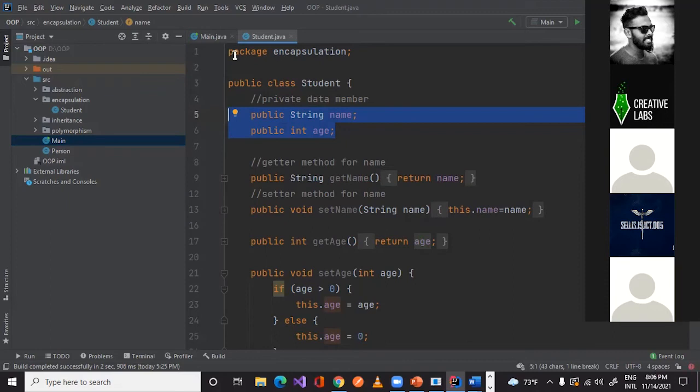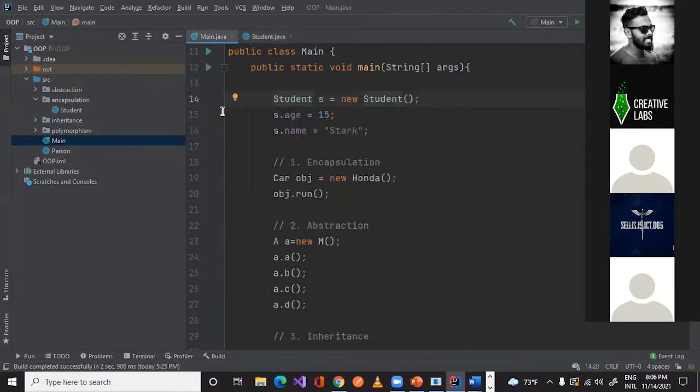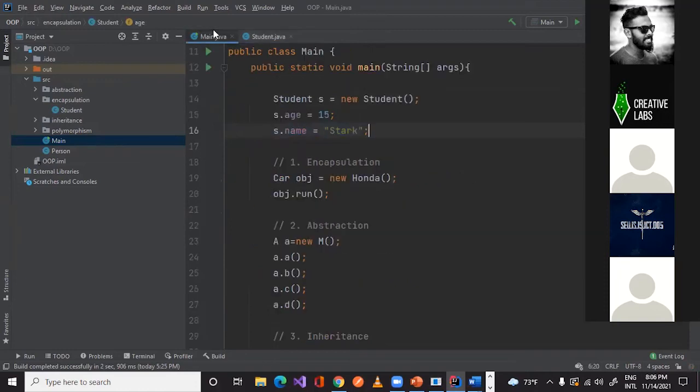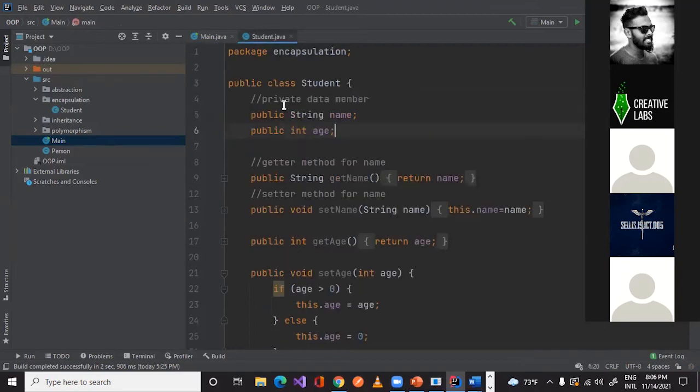Okay, so encapsulation is something like this. Now we have these two data members. We should not allow others outside of this class to modify this data directly. Are you clear about it? Yes, sir. So what is happening here? We are directly modifying the data member. When you give public, wherever in our code we can access that one directly.